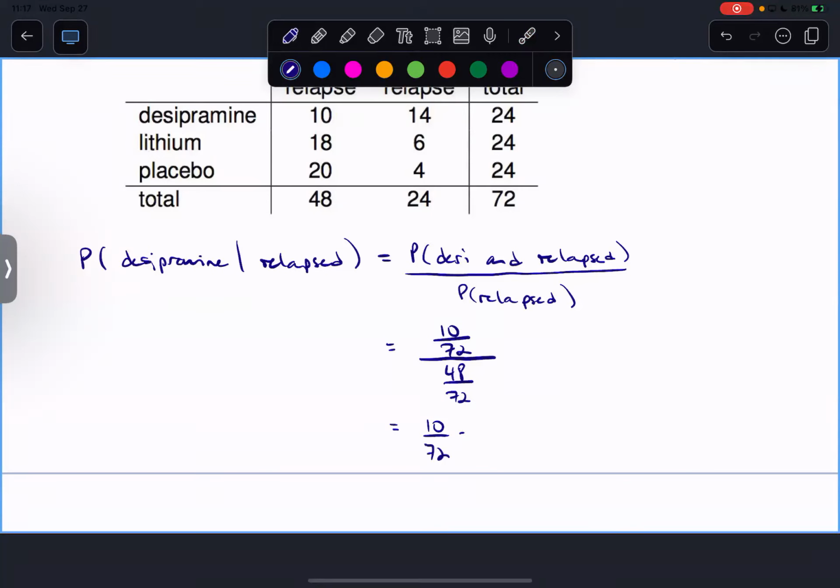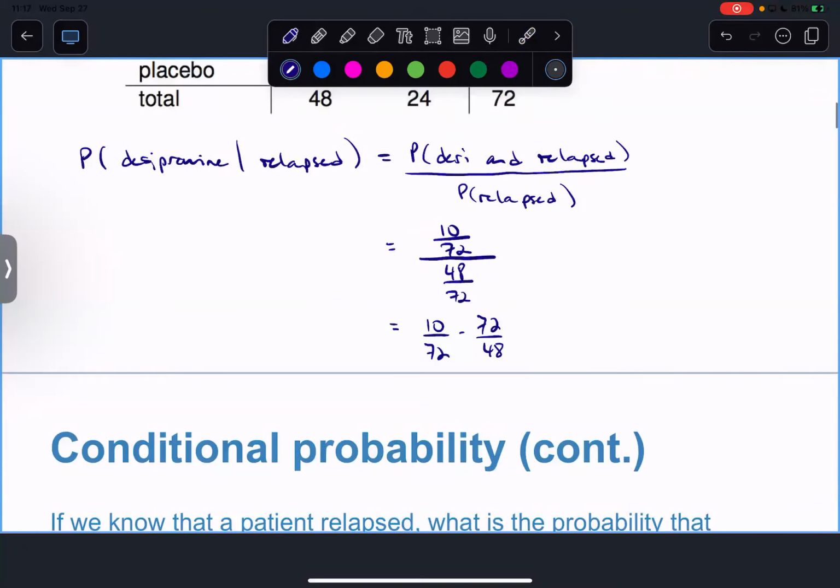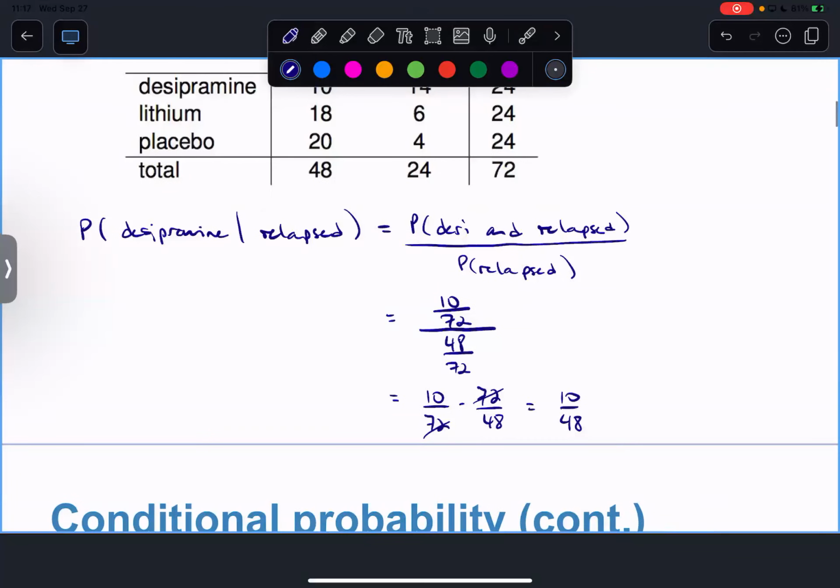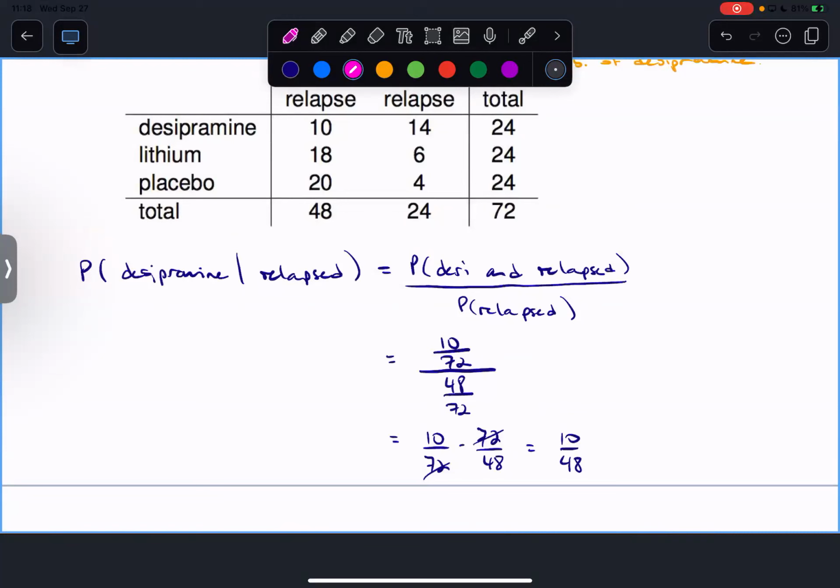10/72, flip and multiply 72/48. I'm going to write across here because I'm running out of room, is 10/48, which is the same as if you just focused on, okay, now I know that they relapsed, reducing my total group to 48, right? Now, what's the probability that they were given desipramine? It's going to be this